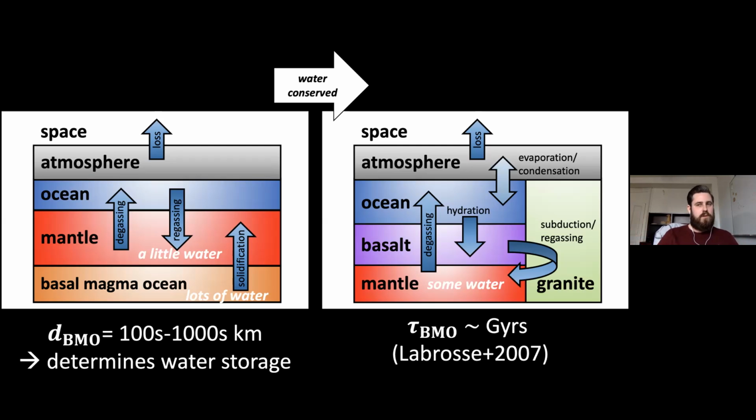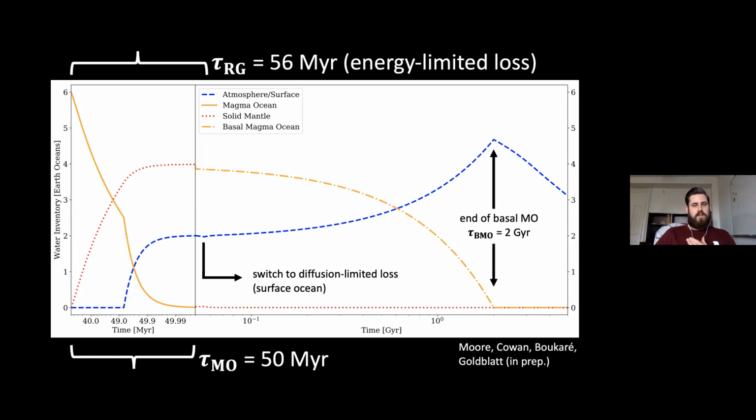And because our simulations only last for about 5 billion years, to get an idea of the age of the Earth, just to apply that elsewhere, the time scale of this basal magma ocean solidification will also be quite critical. So I did a quick simulation of this as well. This is the same simulation I showed before, but this time I'm allowing a basal magma ocean to hide water away below the solidified mantle.